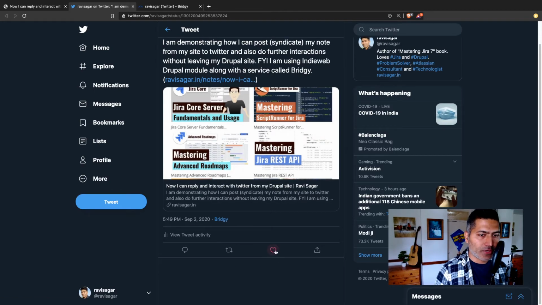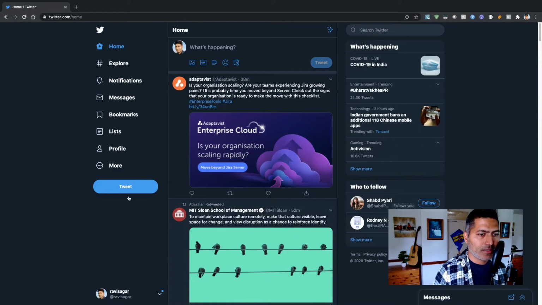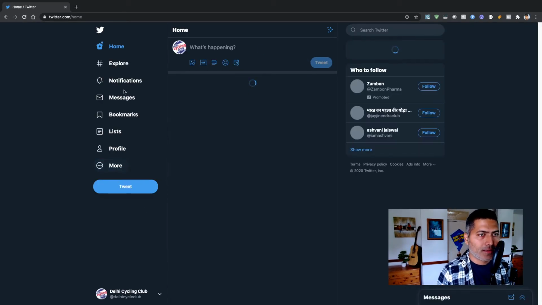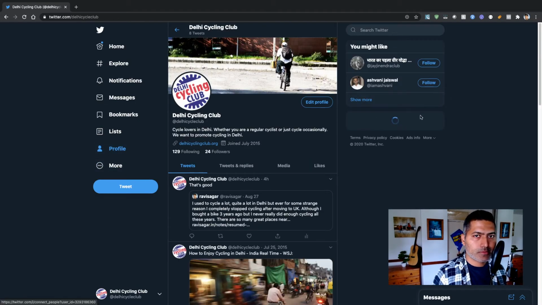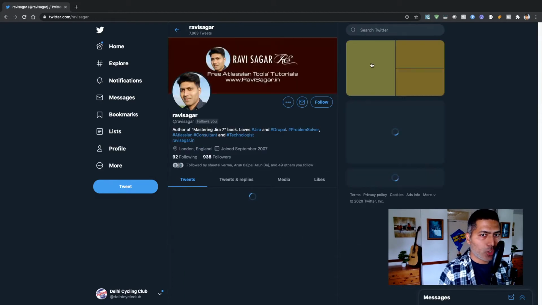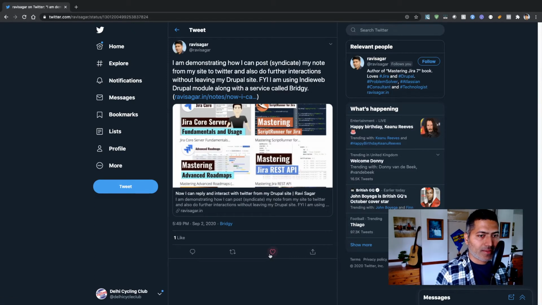And now let us do something really interesting. So let us see if I like my Twitter post, right? And I may want to also log into a different account, so that I can show you how I can interact. So let me log into a different account, and I will go to my Ravi Sagar profile. I'll probably search for myself. So what I will do, I will take a look at this post, which is a tweet. I will like it. I will retweet